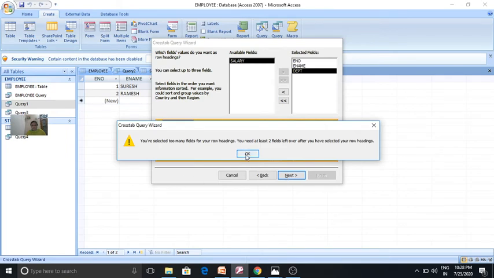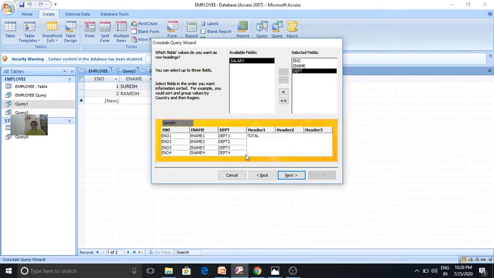Too many fields for your row heading. You need at least two fields left over after you have selected your row heading. It asks to select fields in the order you want information sorted. You can select up to three fields. Which field values do you want as row heading?